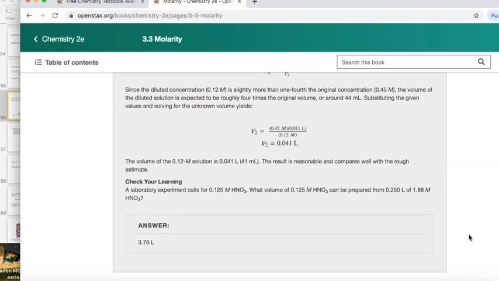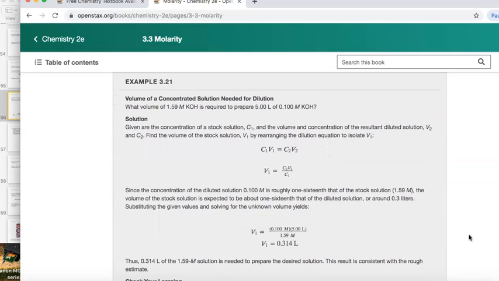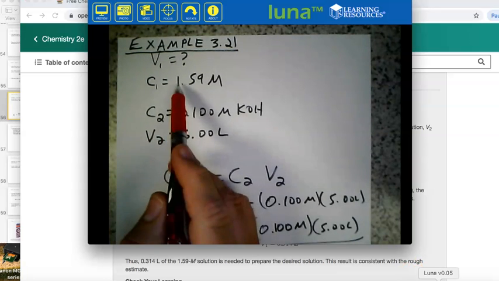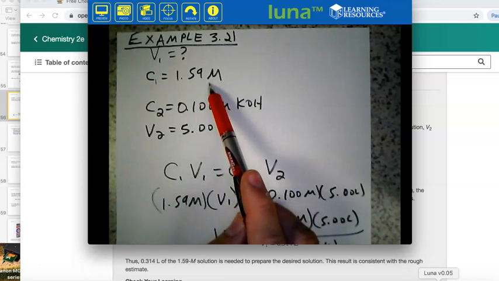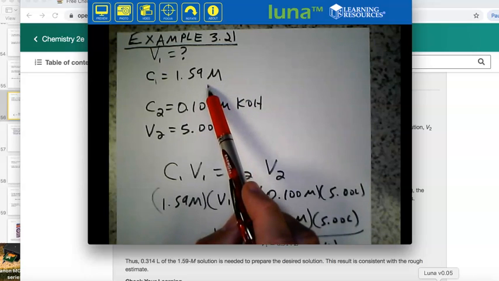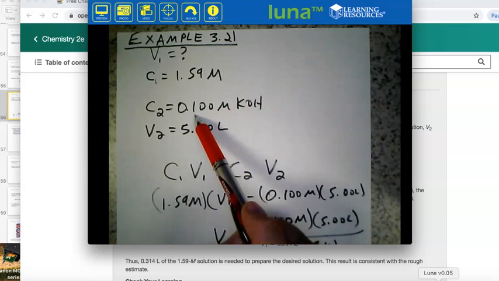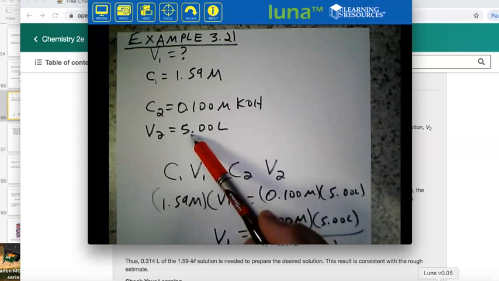All right, and so finally, the last problem here is asking for the volume of a 1.59 molar potassium hydroxide solution required to prepare 5 liters of a 0.1 molar potassium hydroxide solution. So they're asking for the volume again. So here we're trying to find the volume. Molarity of the solution is 1.59 molar. It is a concentrated stock, and the diluted solution has a molarity of 0.1 molar and a total